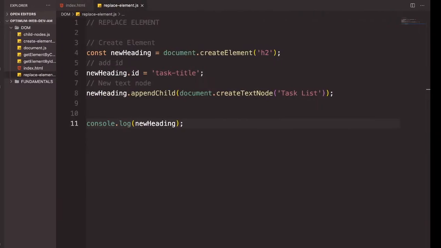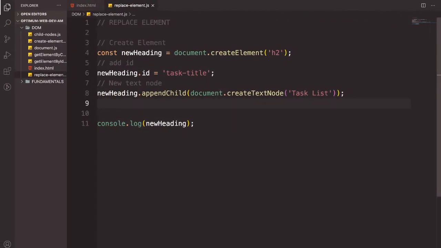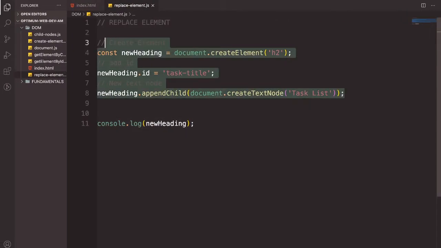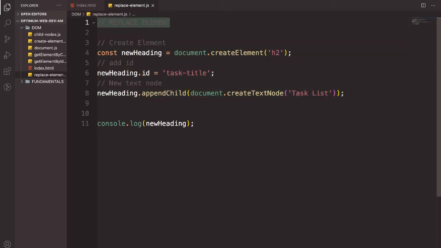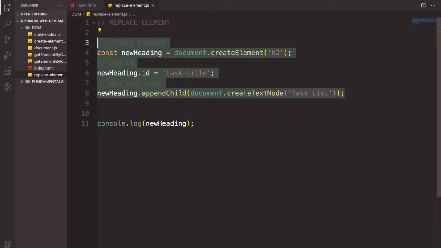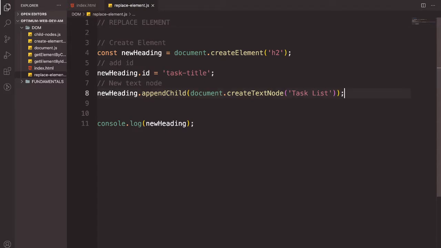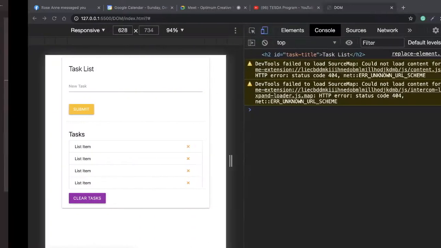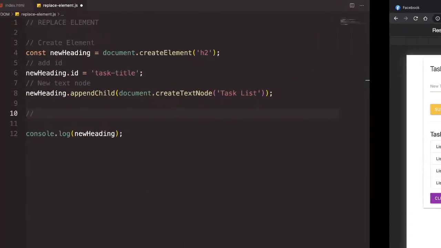Alright. So, ito yung binuo nating element, right? Pero yung lesson natin is replace element. So, sir, nasaan yung replace element? So, para makapag-replace ka, kailangan mag-create ka muna ng bagong element. Okay, so yun yung purpose nun. So, ngayon, punta na tayo dun sa, since nakapag-create na tayo ng new element, ito na yung